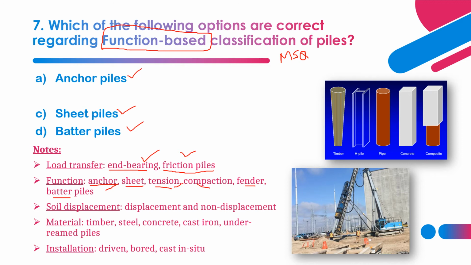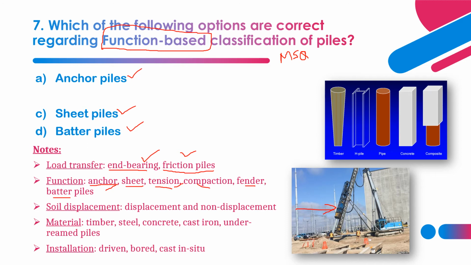And what about fender piles? Fender piles are used to protect concrete deck or any other waterfront structure from impact which may be caused by the waves generated by ships or floating objects. And what are batter piles? Based on function, these are driven in an inclined direction. You can see in this diagram, they are driven in an inclined direction to resist large horizontal or inclined force. Horizontal force can be a wind force, or an earthquake or seismic force. In order to resist those, batter piles are provided.